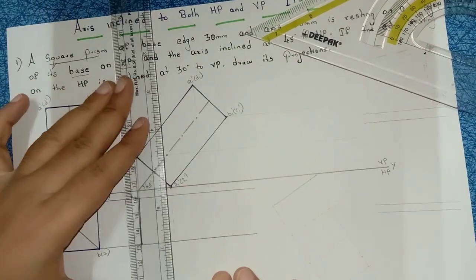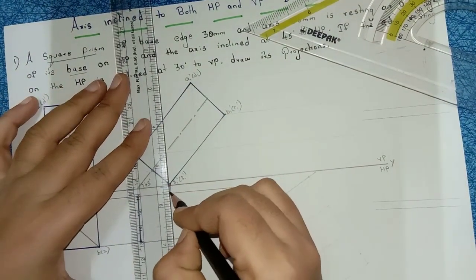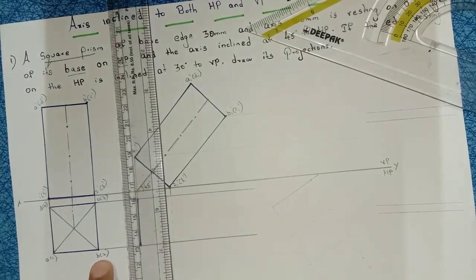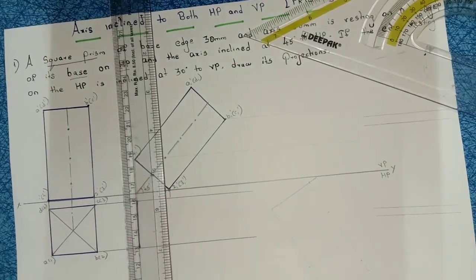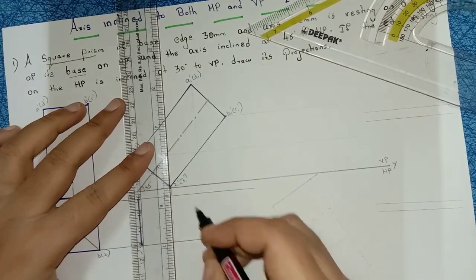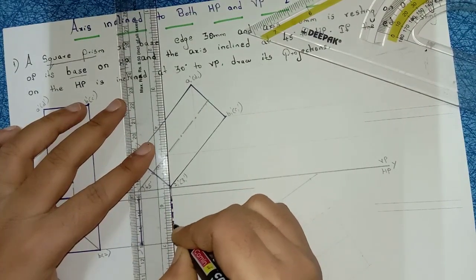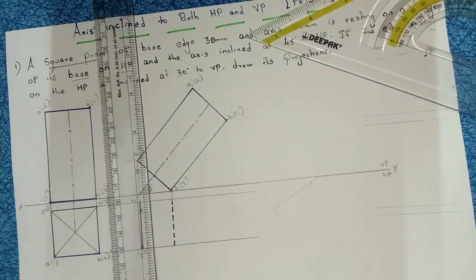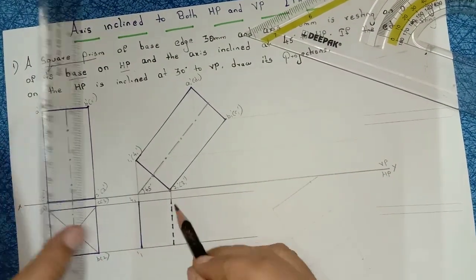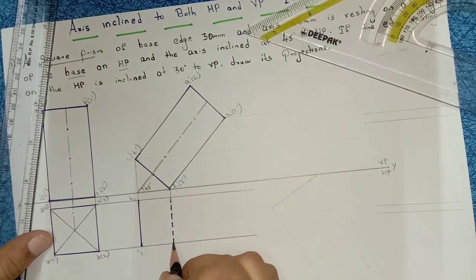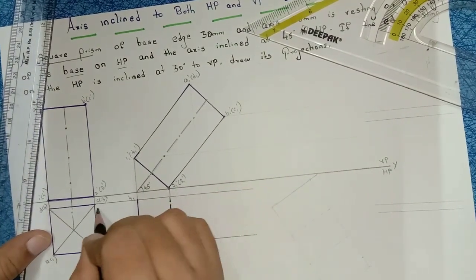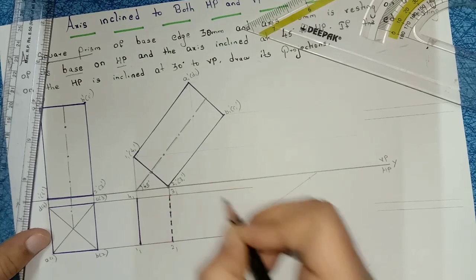Right, again from 2 I will project the line. Right, from 2 to 2, from 3 to 3. This is the back portion of the prism now, so we can't see this portion, so that's why I am indicating it with a dashed line. Right, see, second point to second point, name this 2 of 1. Third point to third point, name this 3 of 1.